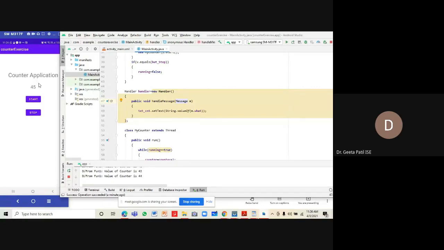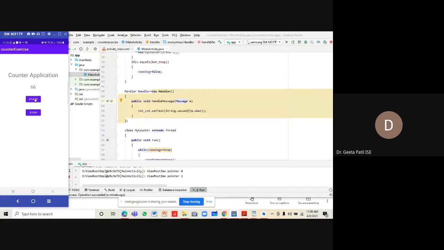This updation of the label is happening from main, but the incrementing of the counter itself is happening from my counter thread, and the label is getting updated in the main function. And when we say stop, see, the other buttons over here are working also.